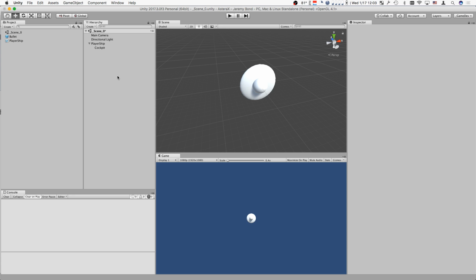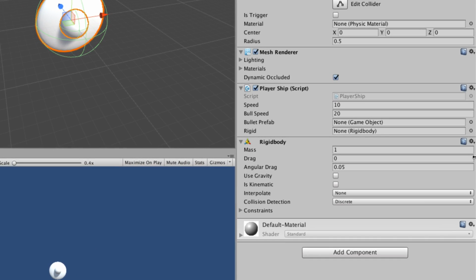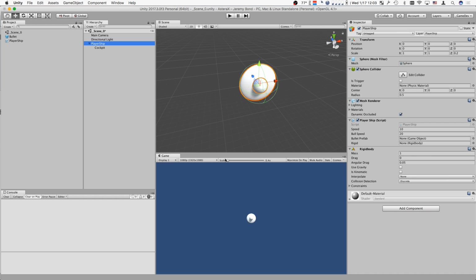Can anyone think of the one last thing I need to do before I'm able to fire bullets? Yes? Oh, that's so close. That's not exactly right. No. It's on this screen over here. That's exactly right. Drag the bullet prefab over. Awesome. So I take the bullet prefab and I put it into the bullet prefab container, the field here. And now when I hit save and hit play,